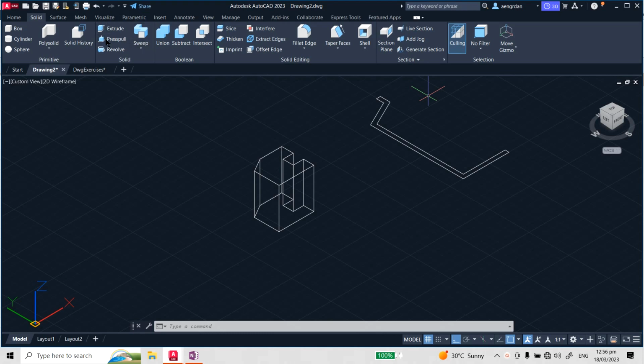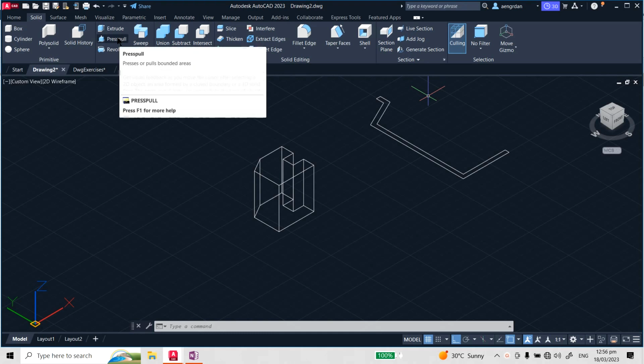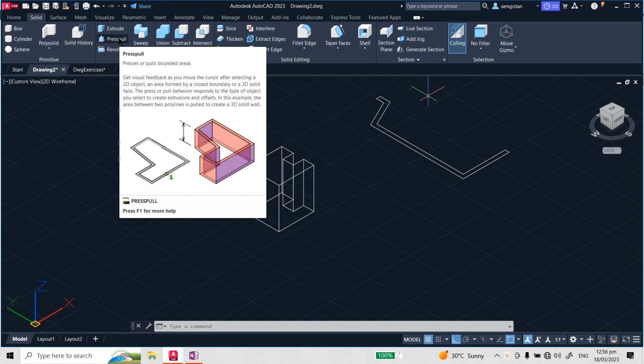Let us now explore another command called the Press Pull command. The Press Pull command, it says here, presses or pulls bounded areas. So it must be bounded areas, whether coming from a 2D plane or from the area or sides of 3D solids. Okay, so it's something like an extrude, except that